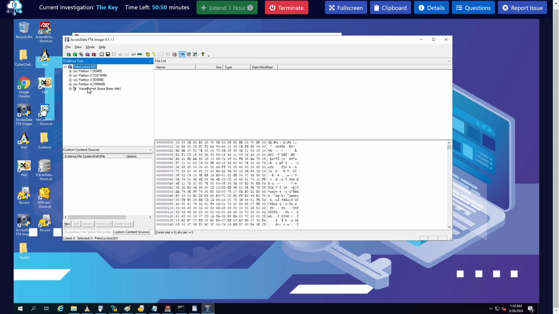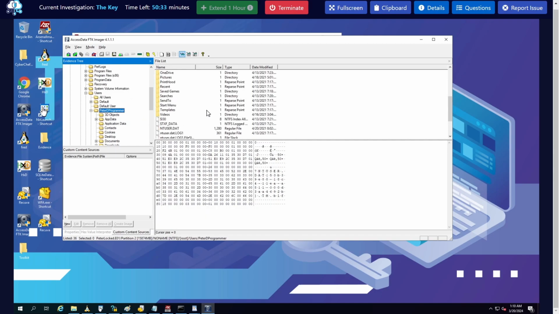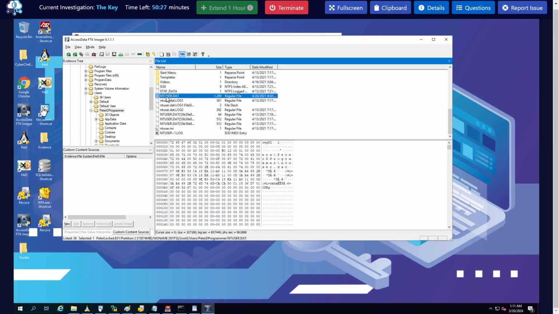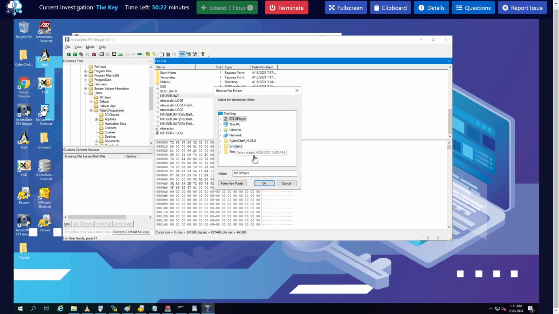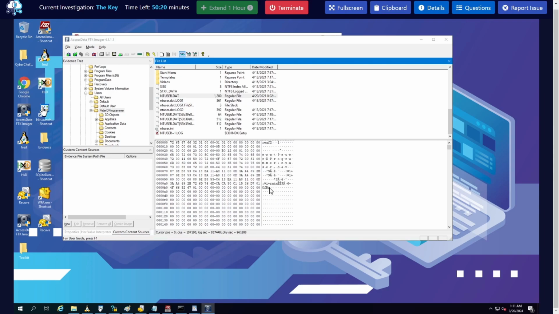We go to Peter's profile, users, Peter the programmer. I think we need to select this one. And we are interested in the HKEY_CURRENT_USER, which refers to the NTUSER.DAT file. Let's export those files, save to the evidence folder,